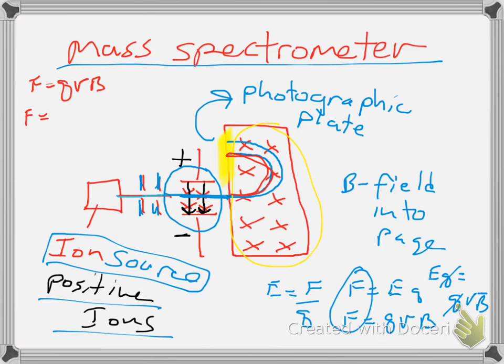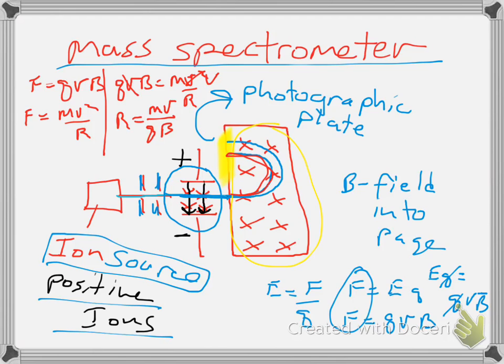So if you recall, F equals mv squared over r, and then we can set these two F's equal, and it doesn't take much math to figure out that we have QVB equal mv squared over r, and now this V and one of these V's will cancel, leaving you with V, and now let's solve for R, which would equal mv over